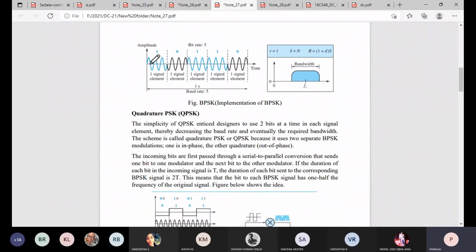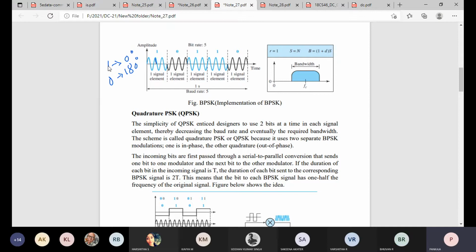So this is how you will get the modulated signal. I think I told it in reverse. For bit 1 you use the phase 0 degree. For bit 0 you use 180 degree. Accordingly you can check the phase. The cycle starts from 0 degree for 1. There is no change in the amplitude.